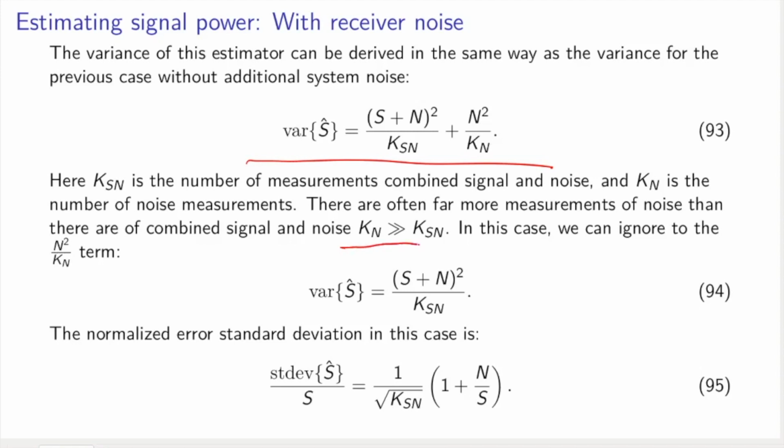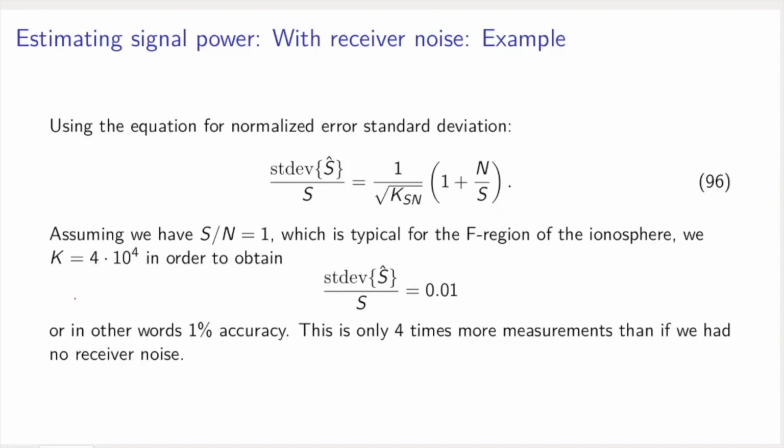So typically, Kn is much larger than Ksn. In this case, the variance of our estimator reduces to equation 93. And the normalized error standard deviation in this case is given by equation 95. We can now use our result to investigate what the measurement uncertainty is in this more realistic case where we